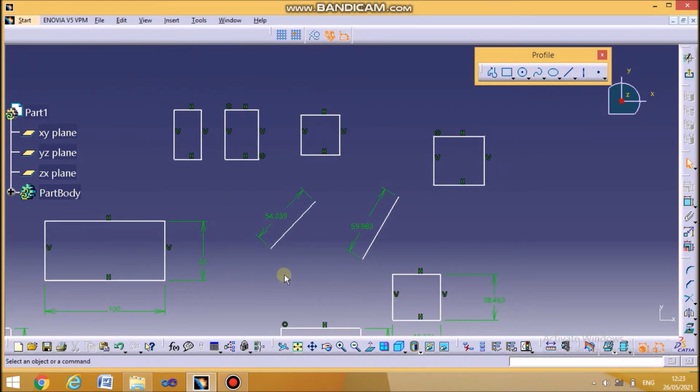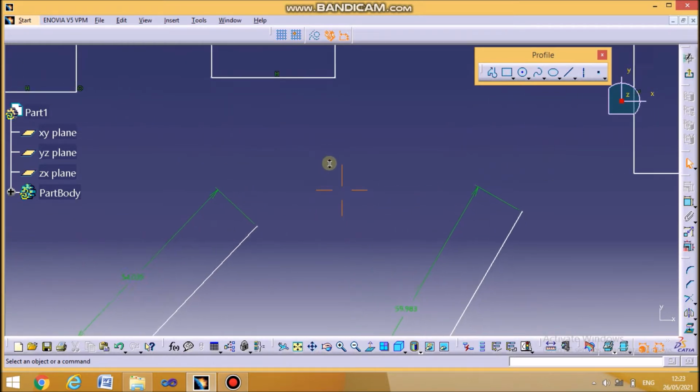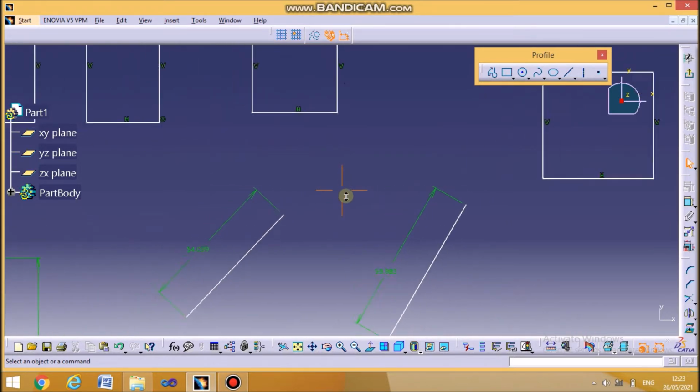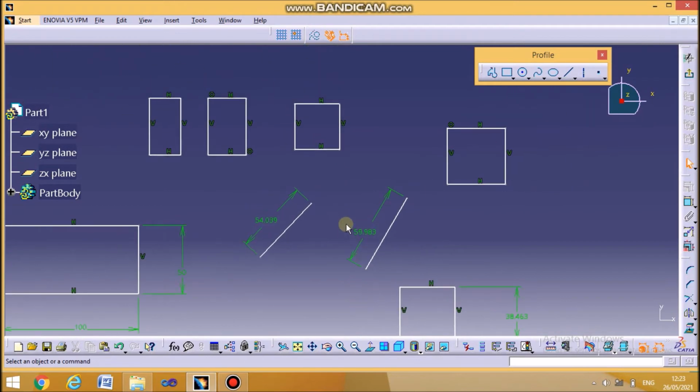There are other ways to zoom in and zoom out. Hold the control key on your keyboard, then hold the wheel of the mouse, and by moving the mouse forward and backward, you can zoom in and zoom out. If you hold the wheel of the mouse first and then press Ctrl,